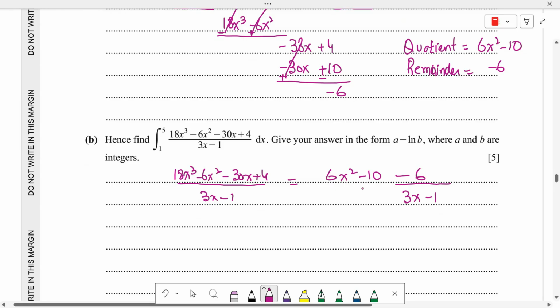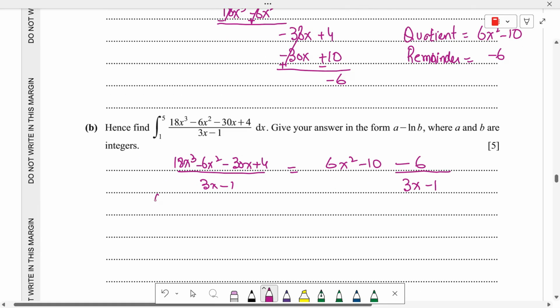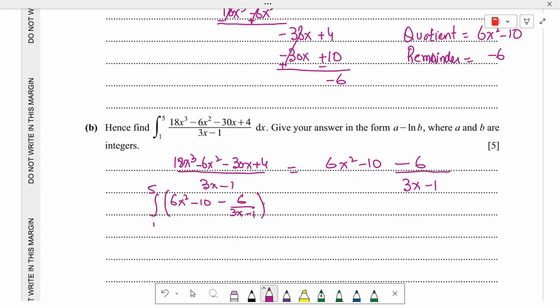So we can use this equation in place of the original. So integration from 1 to 5 of 6x square minus 10 minus 6 over 3x minus 1 with respect to